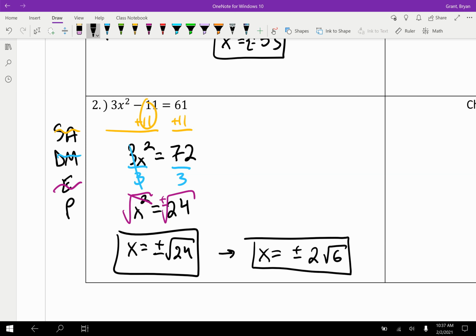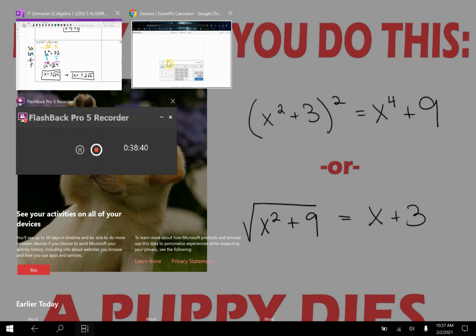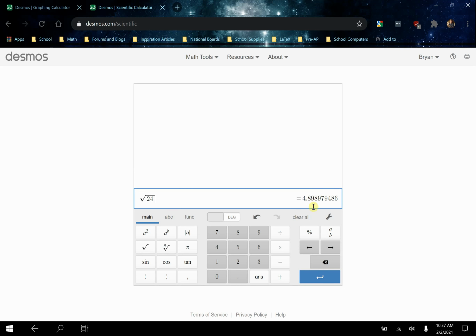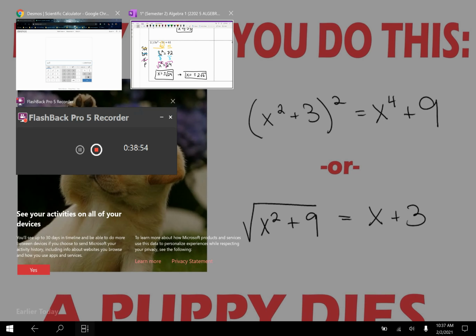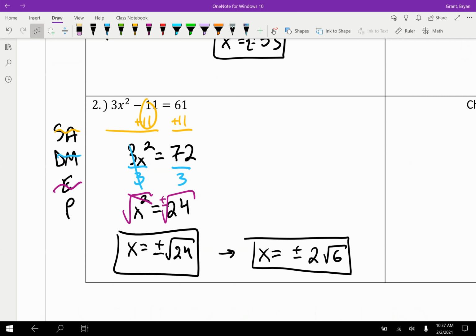Well, is the square root of 24 wrong? I don't think so. The square root of 24 looks good. So actually, remembering the decimal for the square root of 24 is 4.8989, right? What if I tried 2 square roots of 6? Oh, that's the exact same decimal. So I think what that's telling us then is that these two answers that I've boxed over here are the